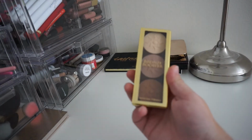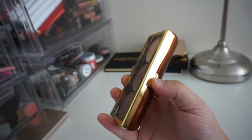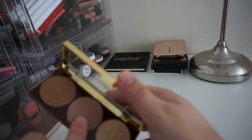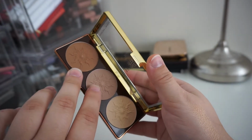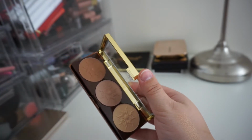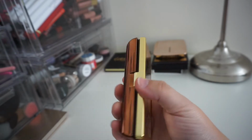Next, I have this from Physicians Formula. This is their Bronze Booster in Matte Sculpt. I haven't actually used this, but it was broken when I got it. This middle one is not even really attached in here. It's just falling out, like it's falling apart. So I could probably depot this and put it into a Z palette, but